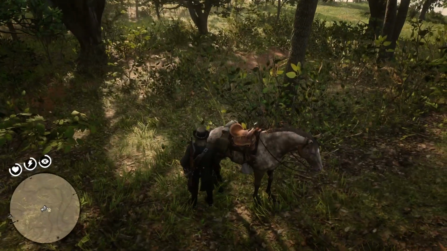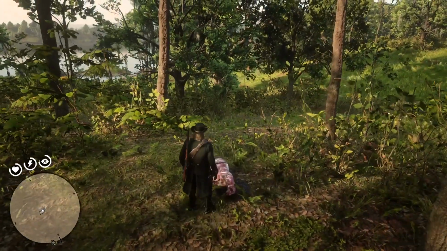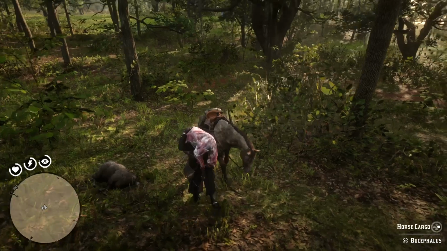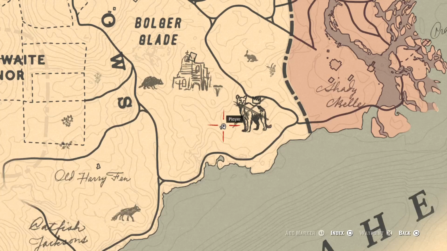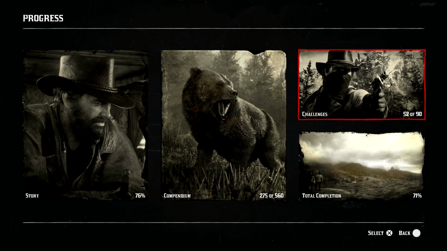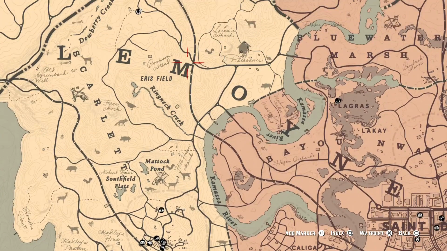Alright, we're taking the carcass with us, because now we're going to see a trapper and see what we can do with him. Holy shit! He came very, very fast, but he was no match for me. Luckily. Alright, so now that we've finished that one, the Master Hunter, we can go and see a trapper. And I think that will be all for today's episode. Let's first go and see a trapper, and then